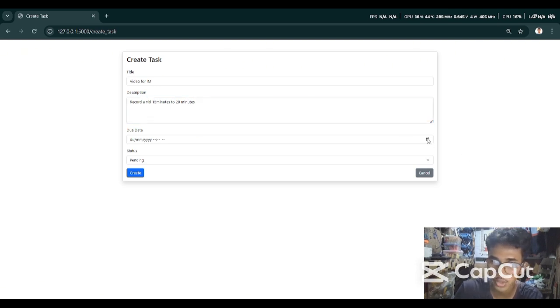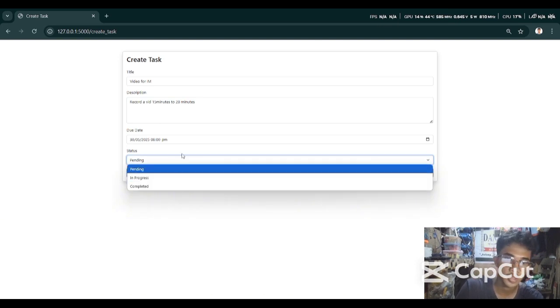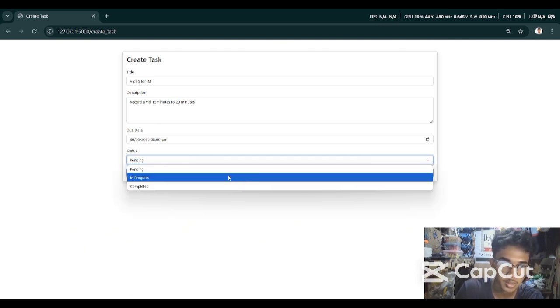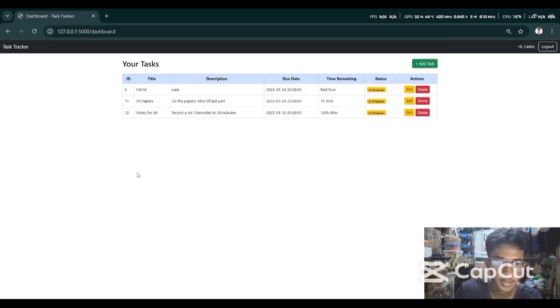Its due date is, let's say, example 30, and the time is 8, let's make it 8 p.m. And let's put a status, let's say in progress. Let's create it.